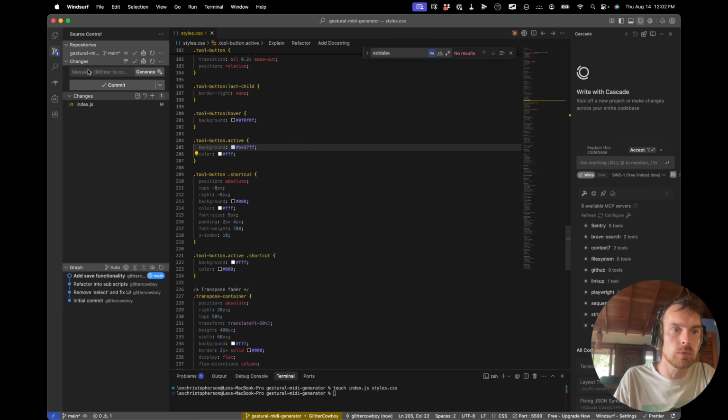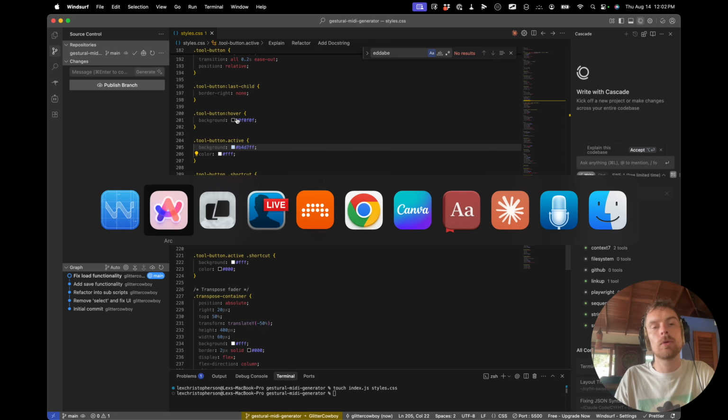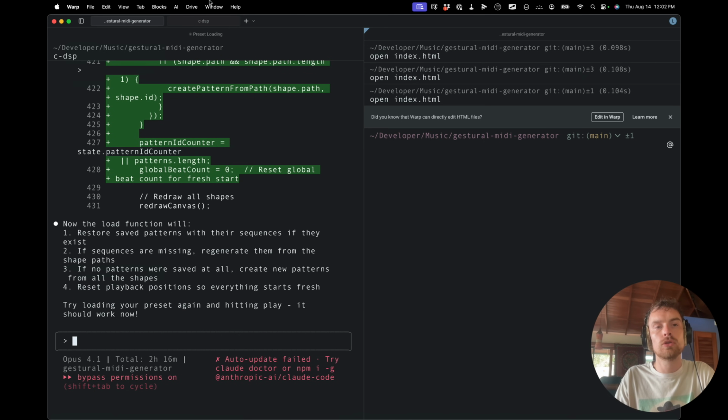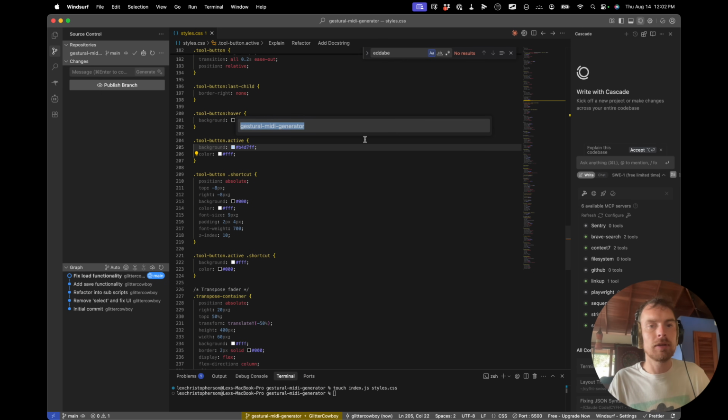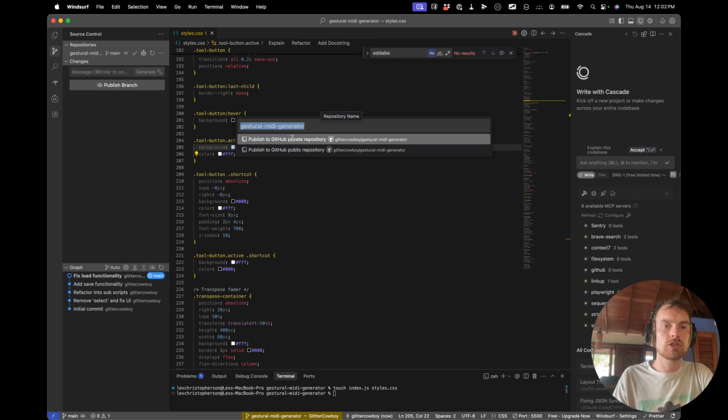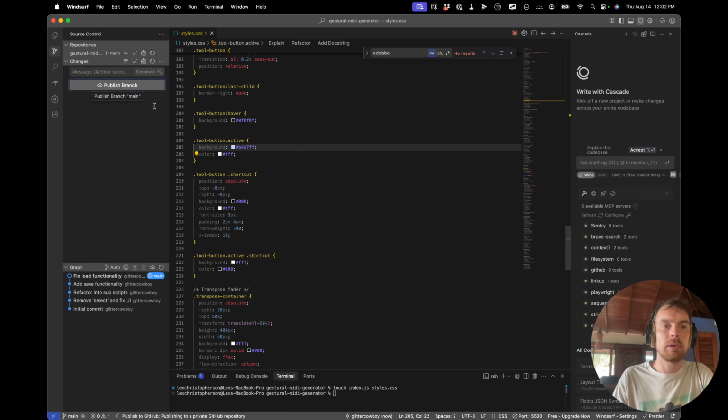Well, I'm just going to go back over to Windsurf and I'm going to say fix load functionality, and then we'll click commit. And then while we're at it, why don't we just also do, actually, no, that's fine. That's fine as it is. I'm now just going to go here to publish branch, and let's call this gestural MIDI generator. I'm going to publish this,